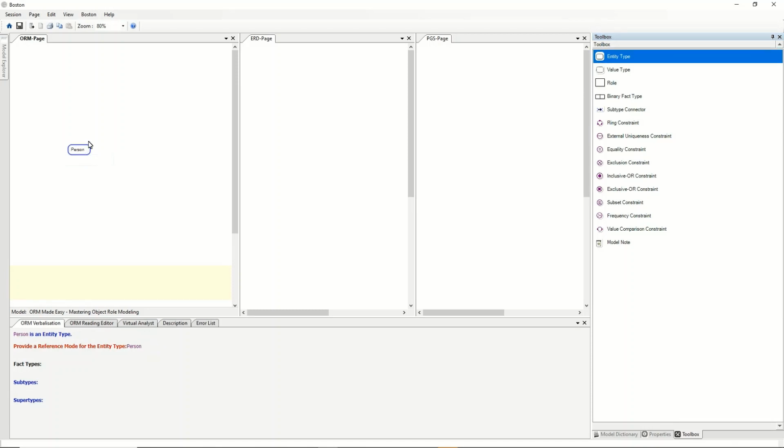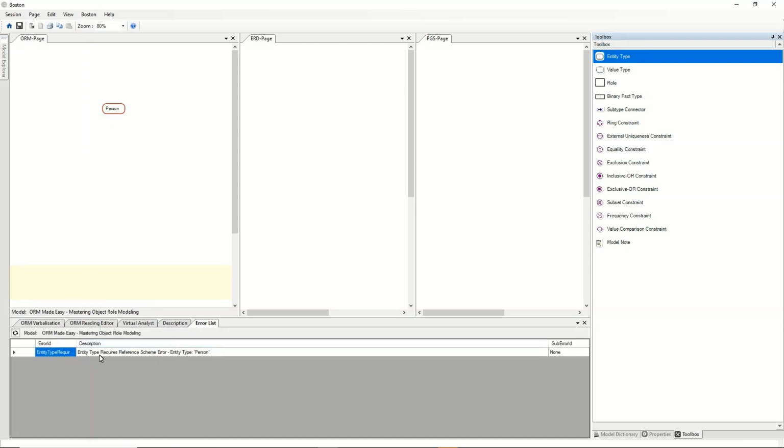Something that new people to object role modeling find difficult to understand from the get-go is that entity types need a reference scheme. So this entity type person is coloured red, and if I go to the error list we can see the error: entity type requires reference scheme, for the entity type person. So why is that in error? Well, let's go to the